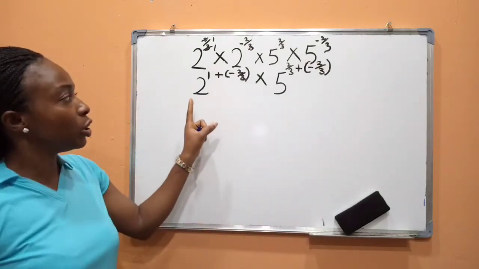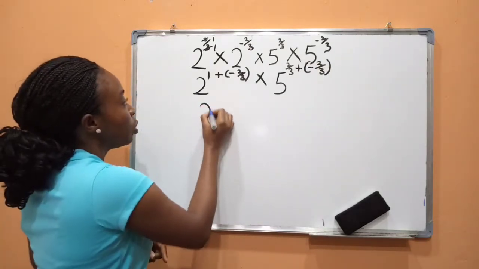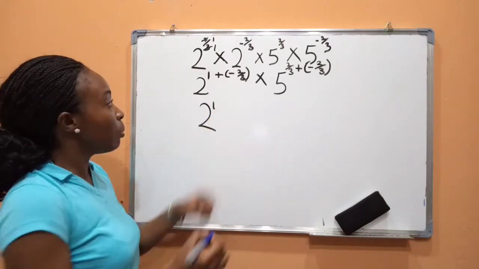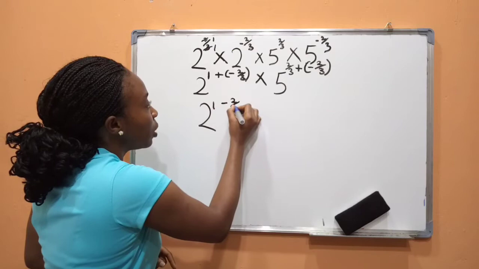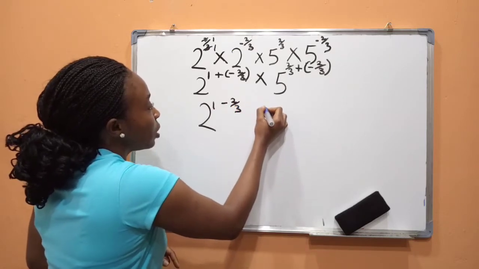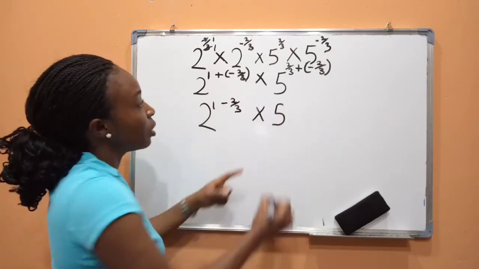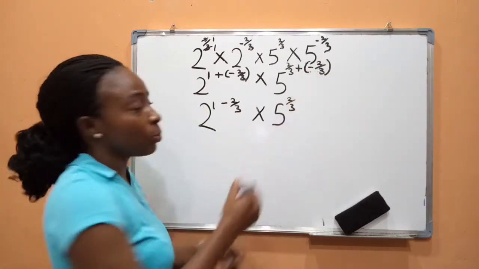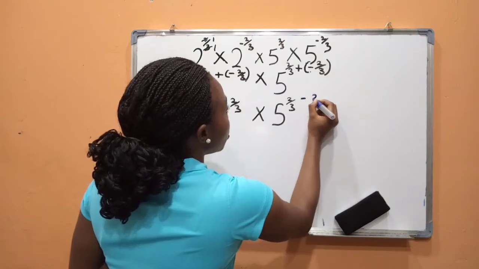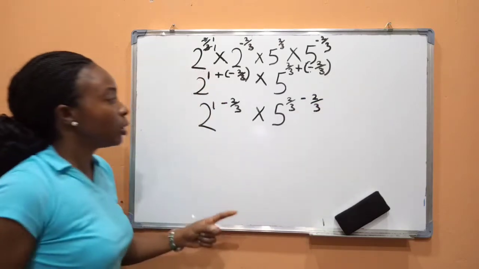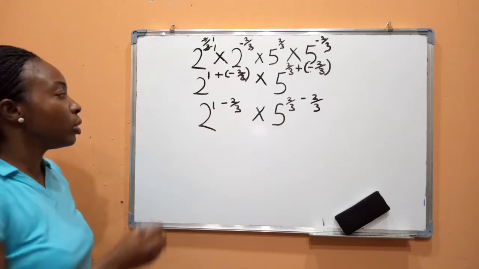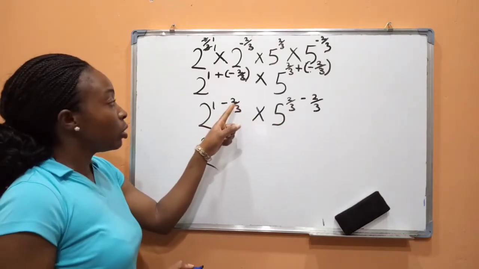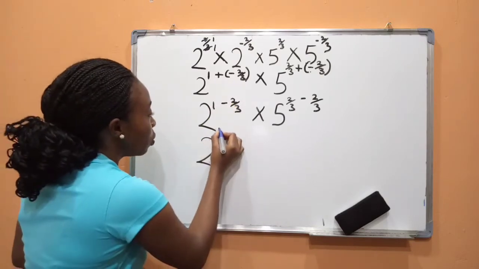So now that we've gotten to this stage, we are going to have 2, then we are going to have 1 plus times minus gives us minus 2/3, times 5, then we are going to have 2 over 3 plus times minus gives us minus, so we're going to have minus 2/3 here. Okay, so now we do that. The next thing we do, 1 minus 2 over 3 is going to give us 1 over 3